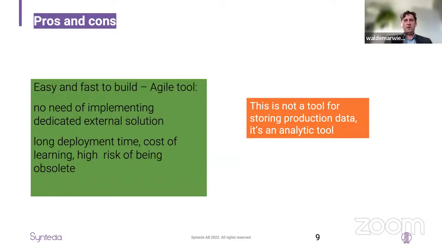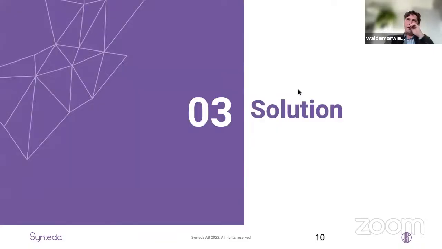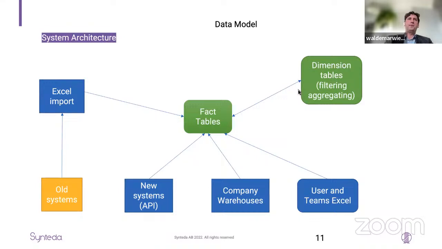So we are here, and then how can we build our solution, how can it be built? We need to build something which is called a data model. This is another theoretical thing. So a data model is usually, when you look at the materials on the internet, also when you read, you have different tables in this model. One is called fact tables, and the second one is called dimension tables.